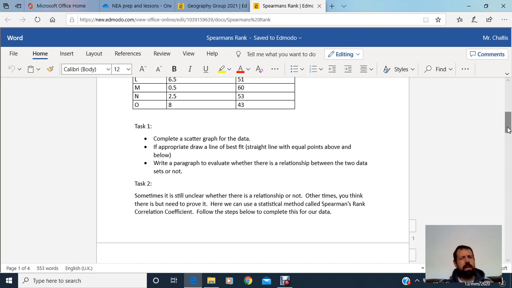So it's important just to realise that you can't overstate what you found out. You don't know that one is making the other one do something, but what you can maybe see is a pattern that they both go up together, or one goes up and one goes down. Right, that's the first thing. And if you do this for real, that's what you do. Now, if you drew that